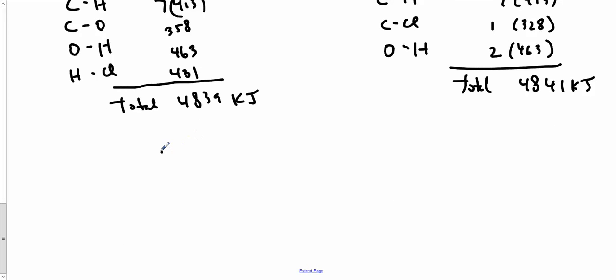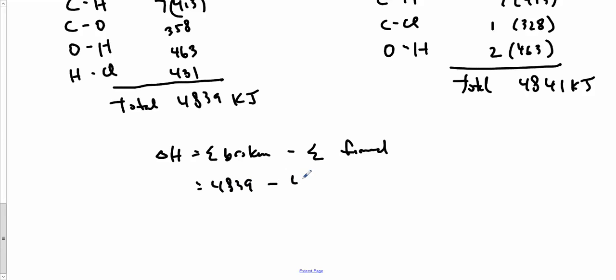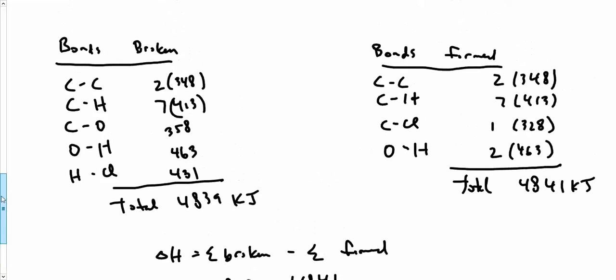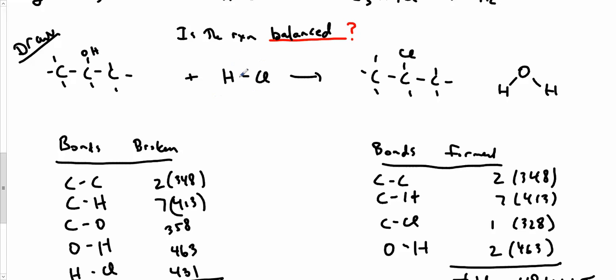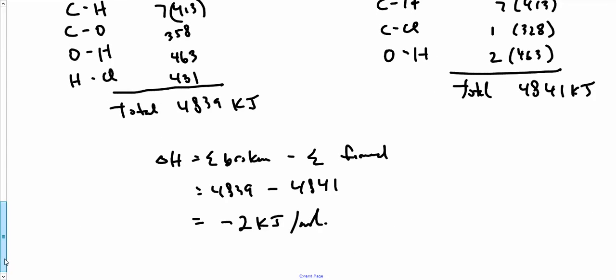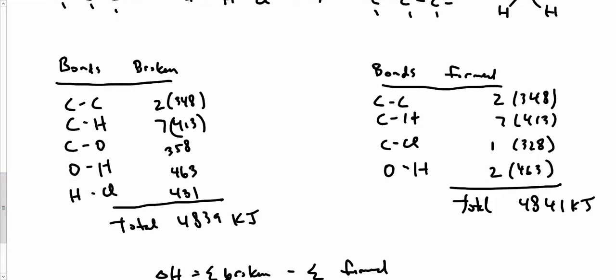And so now delta H is going to be equal to the sum of broken minus the sum formed. In this case, it's 4839 minus 4841, and I get an answer of minus 2 kilojoules per mole. So when this reaction occurs, if I have a mole of this and a mole of that reacting to give me a mole and a mole, I'm going to get 2 kilojoules of energy released, which is a fairly small amount, but that's what this tells me. So here's another way to find the delta H for a reaction by using bond energies or bond